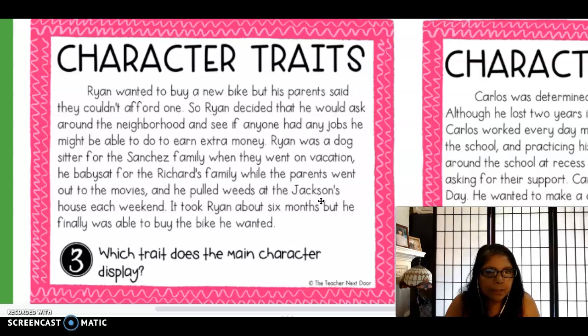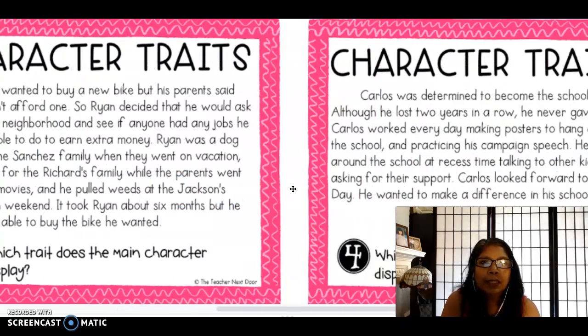What would you say? Discuss it with your parents or your pets or your stuffed animal. Would you say that he was a hard worker? He was determined? What else would you say to describe his character? Conscientious? See if you can come up with some other words. And lastly,